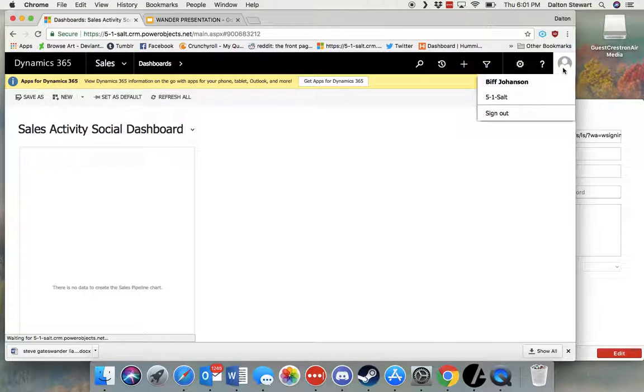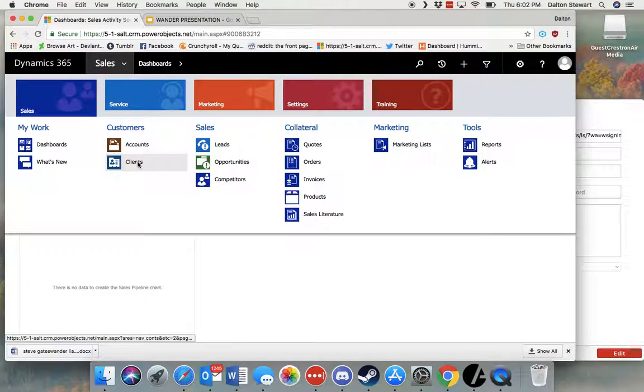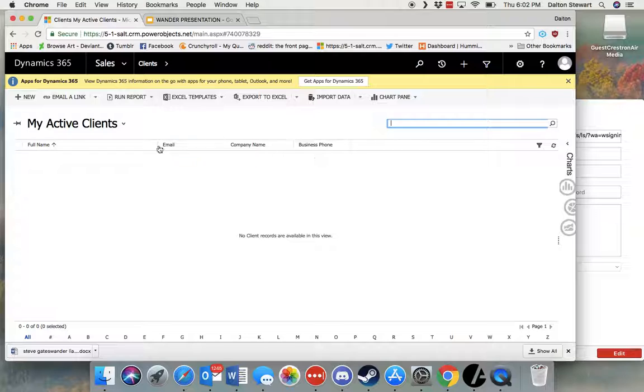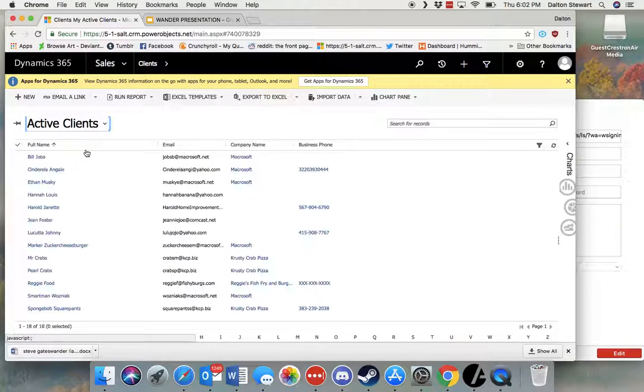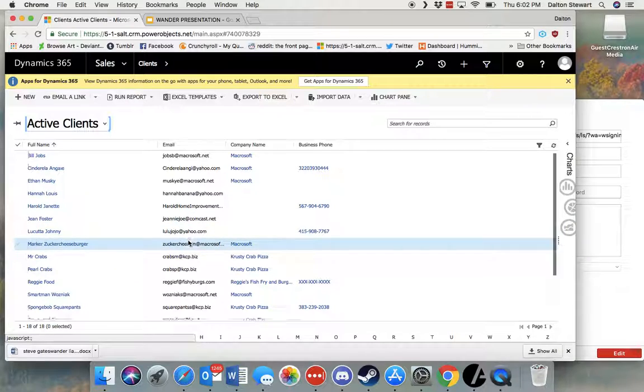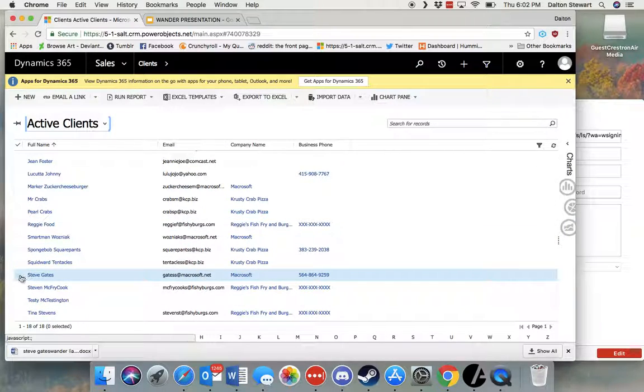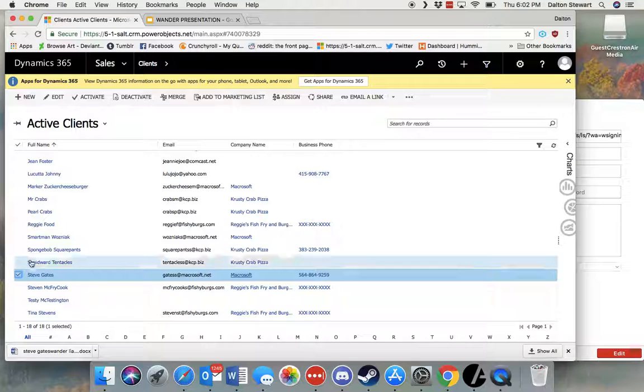One thing to note is that Biff Johansson is our legal advisor, and so he has limited access based on that. He's only able to read and write certain information. He's not allowed to delete anything at all. So as we see here, I'm going to click on Steve Gates, and we do have the option to deactivate Steve, which would keep all of his information, but the normally present delete option, which would be around this area, is gone.